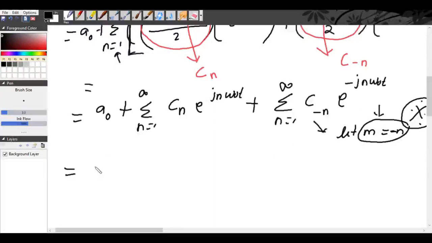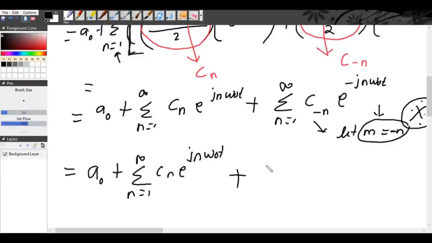So this one, what I mean, how can I write that? So a naught plus summation of, here no harm, nothing is changed here, cn into e power jn omega naught t, plus, m equal to minus n, right? So what is this one? Watch it very carefully: m is equal to minus infinity, when the change happens, m equal to minus infinity to minus 1,